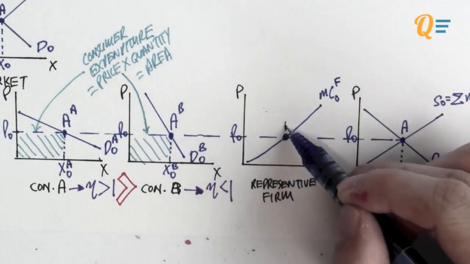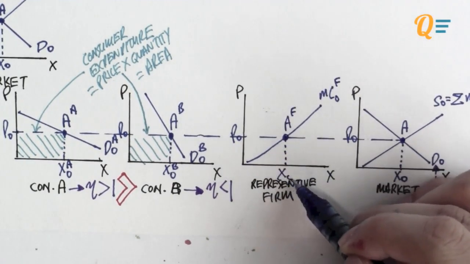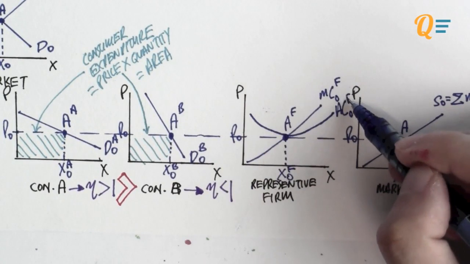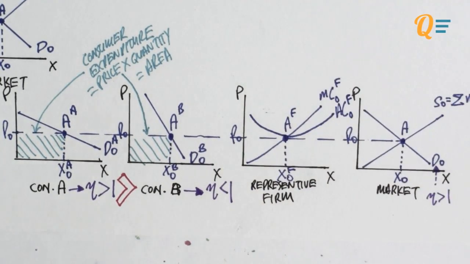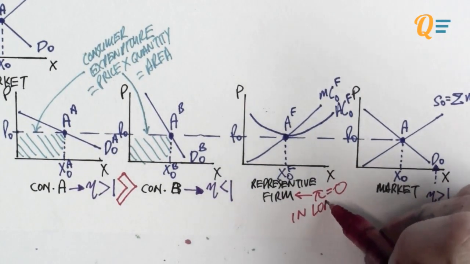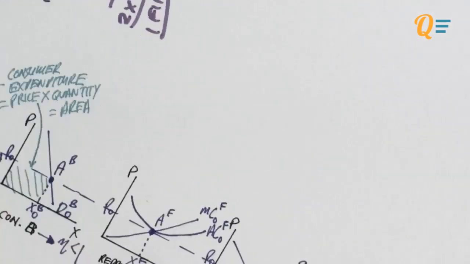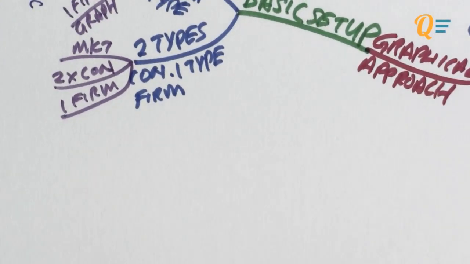So here's the marginal cost curve for the firm. Just take note of the notations. I'm being very specific with the notations so that it is easier for you to talk about them in your essays. The demand curve for consumer B is going to shift left, therefore consumer B is now at point B superscript B. All right, so I'm just being very specific with the notations.